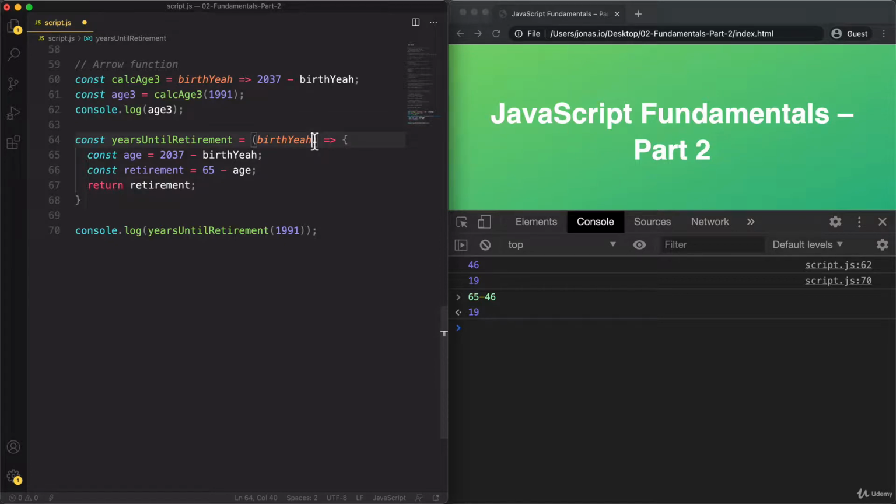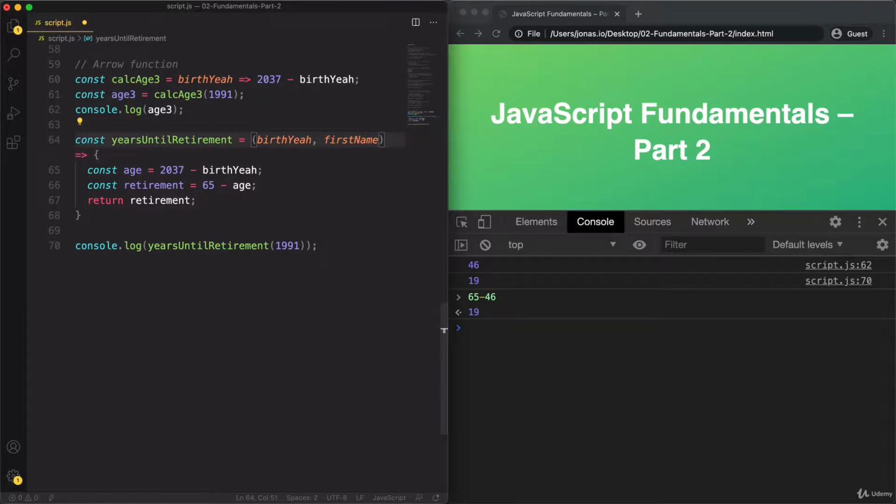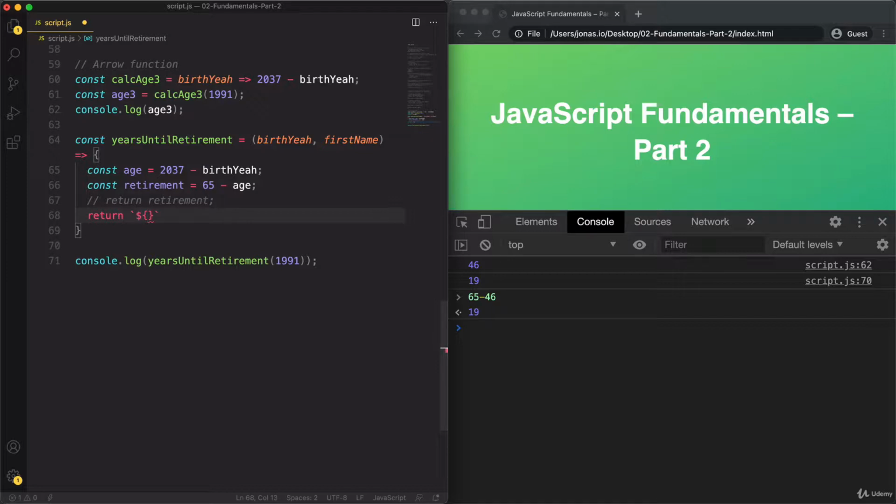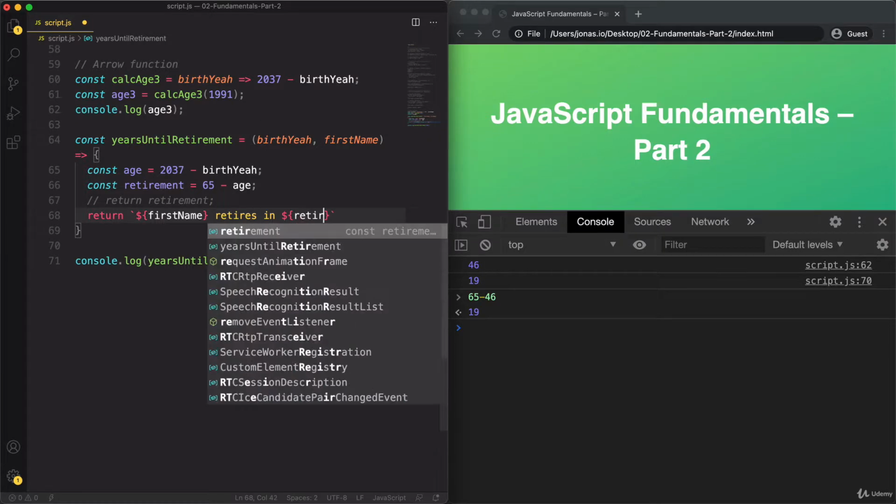So let's say that we want the birth year, but also the first name, so that we can return something else, like a sentence. So let's comment out this part here, and instead let's return a string. And again, we're using a template string to build that string. Basically I want to say first name retires in X years. So let's use that placeholder here. So first name retires in, and then we use that value that we just calculated. So retirement,